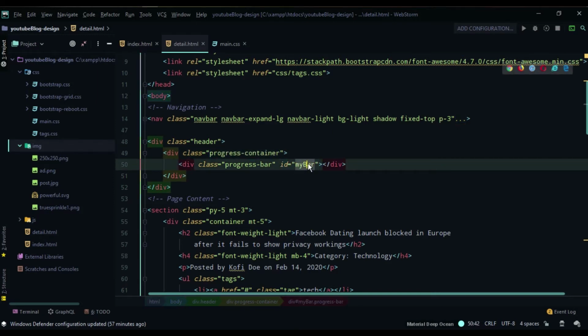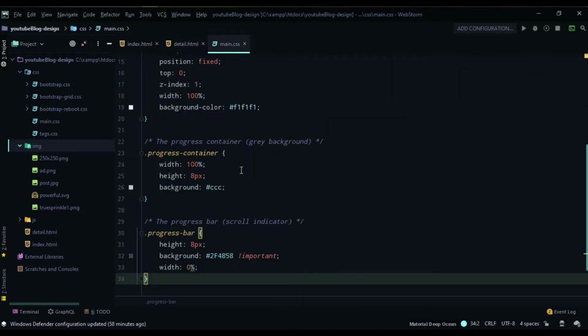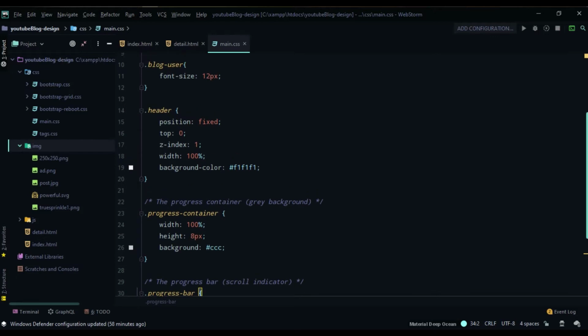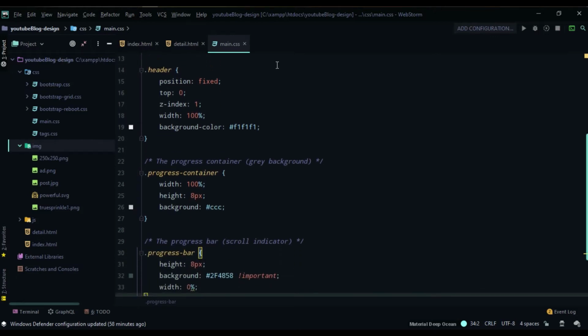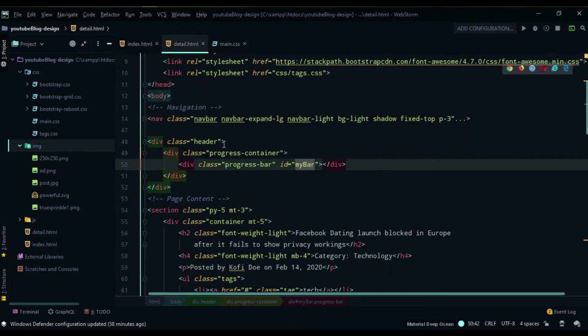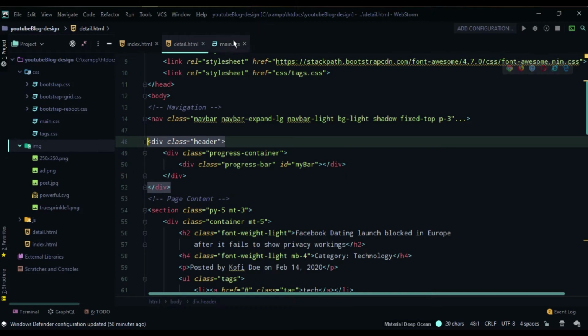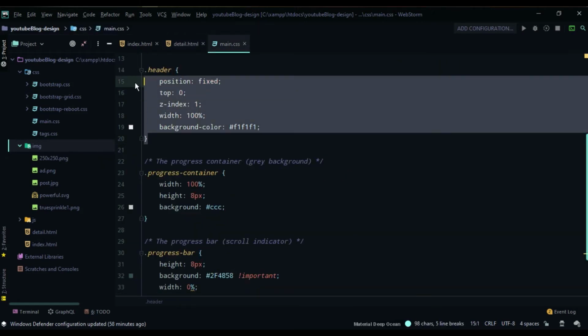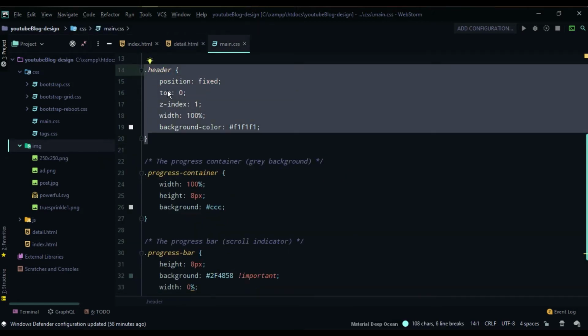So this ID is going to be important because in this series we are going to be adding a little bit of JavaScript to our code. Okay, so once you have this brought inside your code, the next is to bring in this CSS inside our code. So with the header, we are bringing in this styling to make